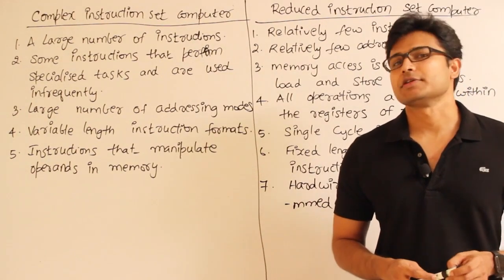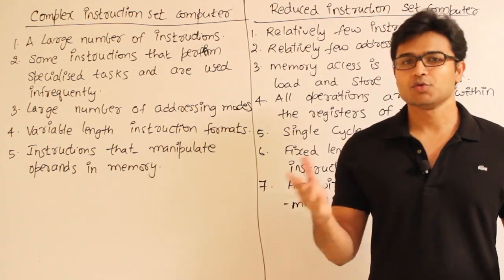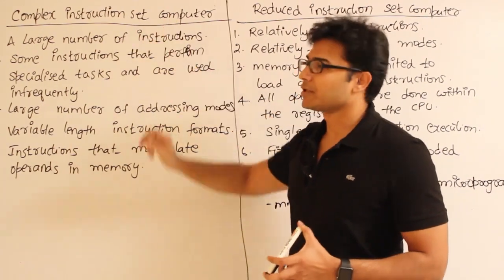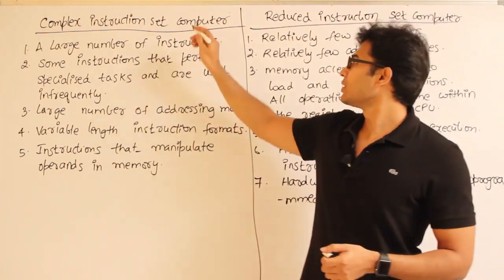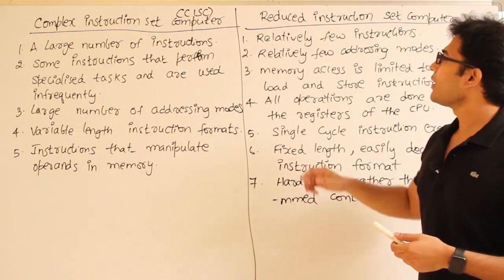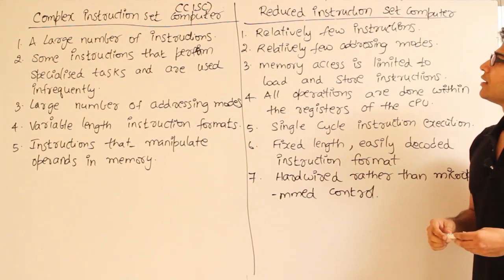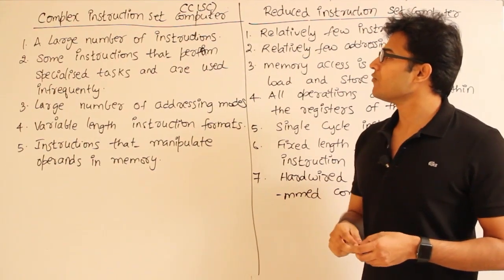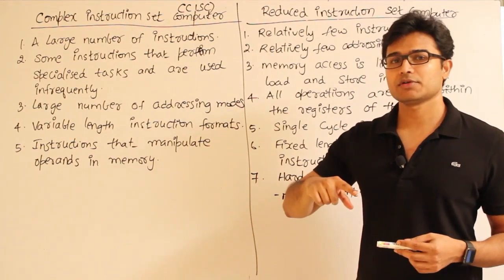Depending on the type of instructions that a CPU will provide, we can divide computers into two types. One is called complex instruction set computer, in short also called CISC. And the other one is reduced instruction set computer, also called RISC. That is the shortcut. So we are going to classify the computers based on the type of instructions they are